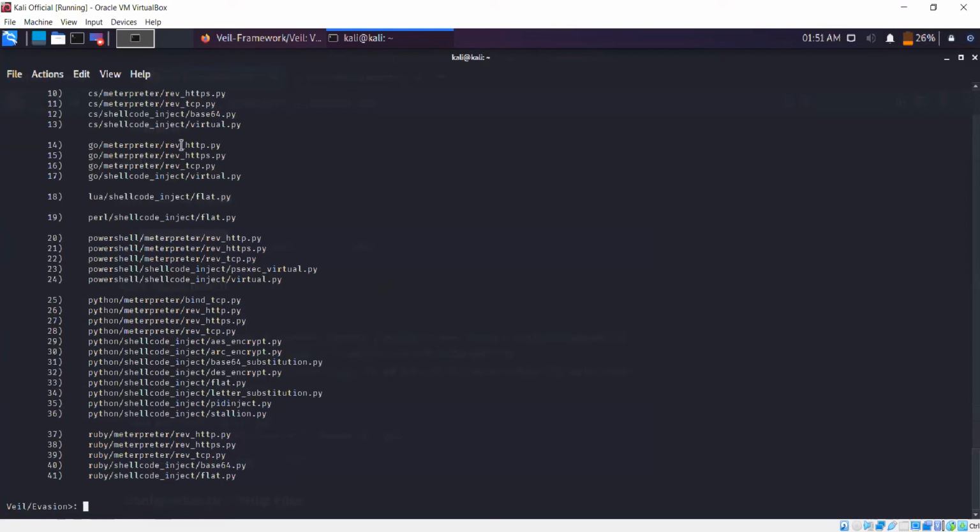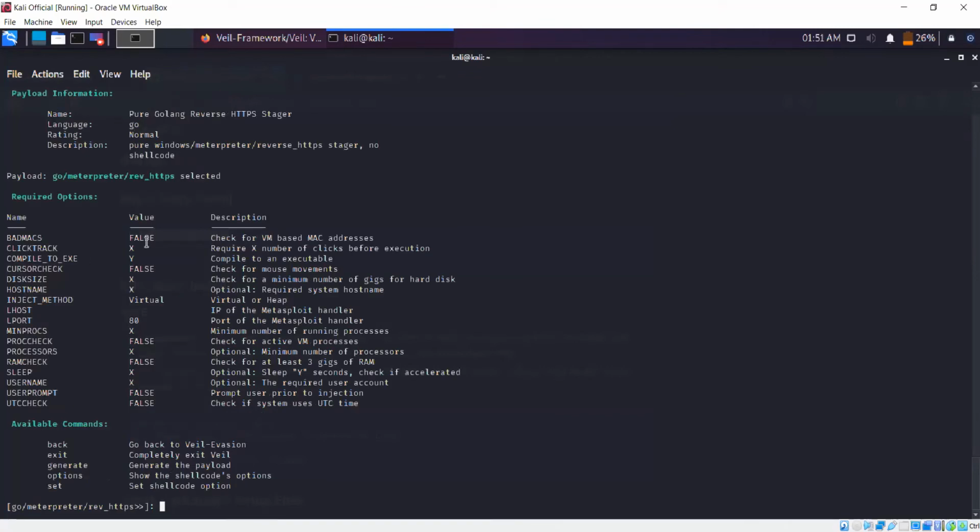A particular format that is followed is this: this is the language used to create the payload. It will be using Meterpreter, and then the connection established will be a reverse HTTPS connection. So it will actually connect back to your computer via a reverse HTTPS connection. I'll explain more about that when I get to the exploitation process. So I'm going to use this one, reverse HTTPS.